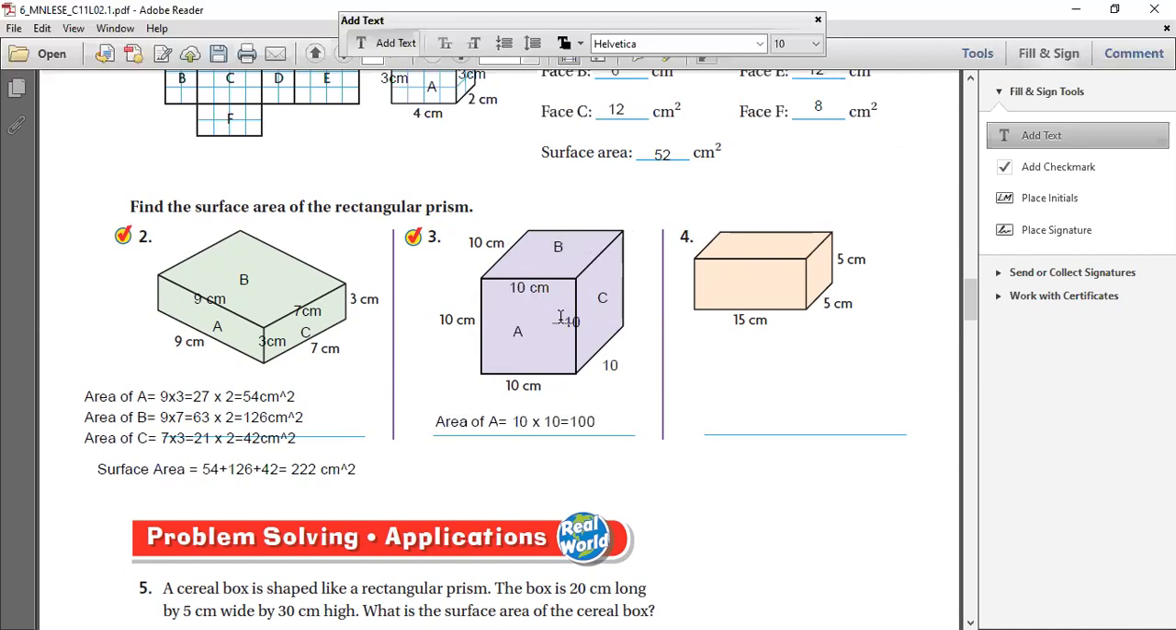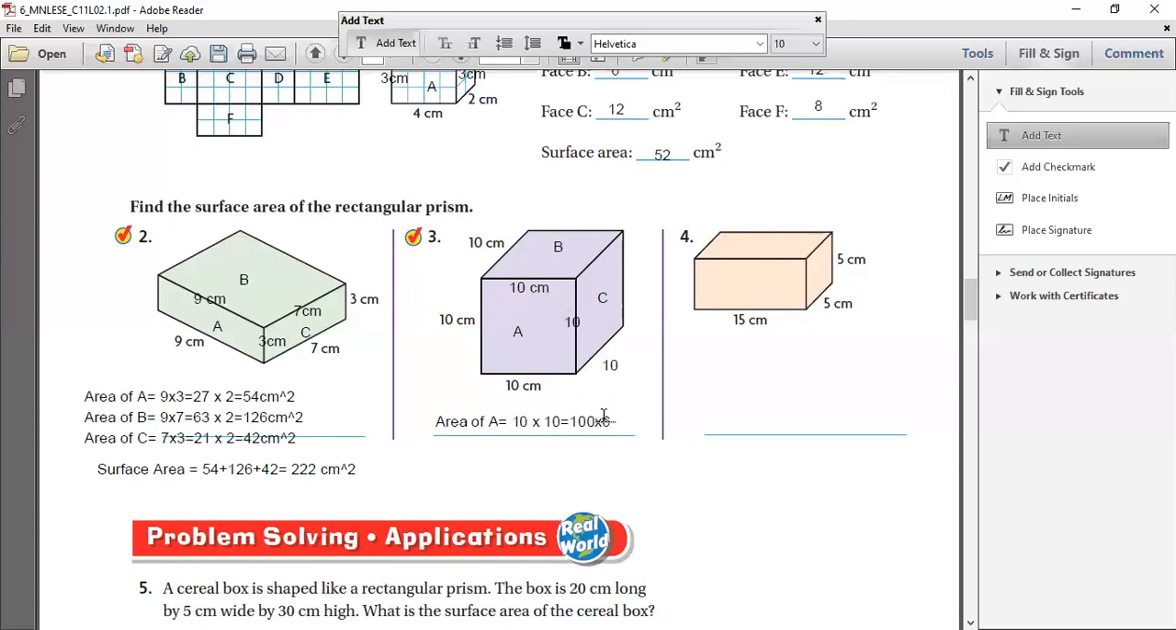Now the problem here is whichever way you multiply, even if you multiply for B, you're going to get 10 multiplied by 10 is 100. Even if you multiply for C, 10 multiplied by 10 is going to be 100. However you find it, because if they are squares, all the faces are squares, they are all going to be equal. So this is a special case of a cube only. When you have a cube, you can just find the area of one of the faces and then multiply it